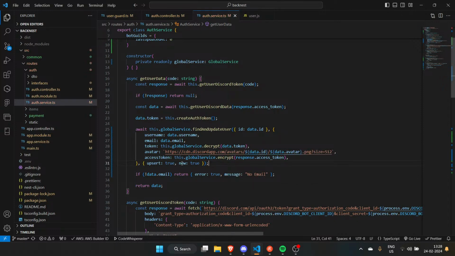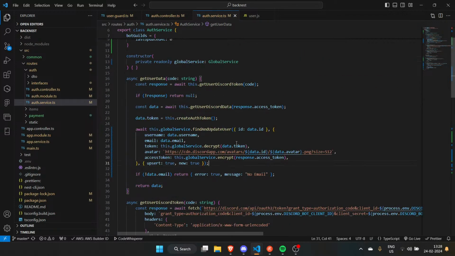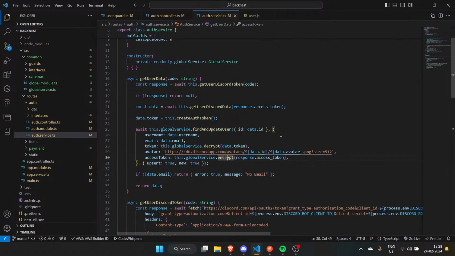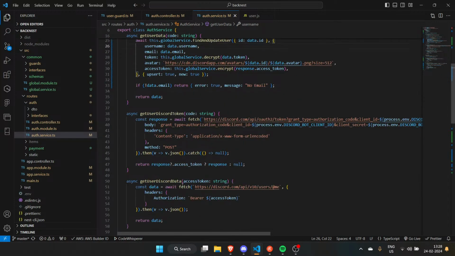So we are encrypting the access token. Do I need to do anything in the encrypt function? I have no idea where the encrypt function is. Encrypt, blah, blah, blah. Okay, that's awesome. So I'm encrypting the access token. I don't really want the refresh token. Should I have it? Nah, who cares? Who cares about access token? That's not even real. So I have this blah blah blah.